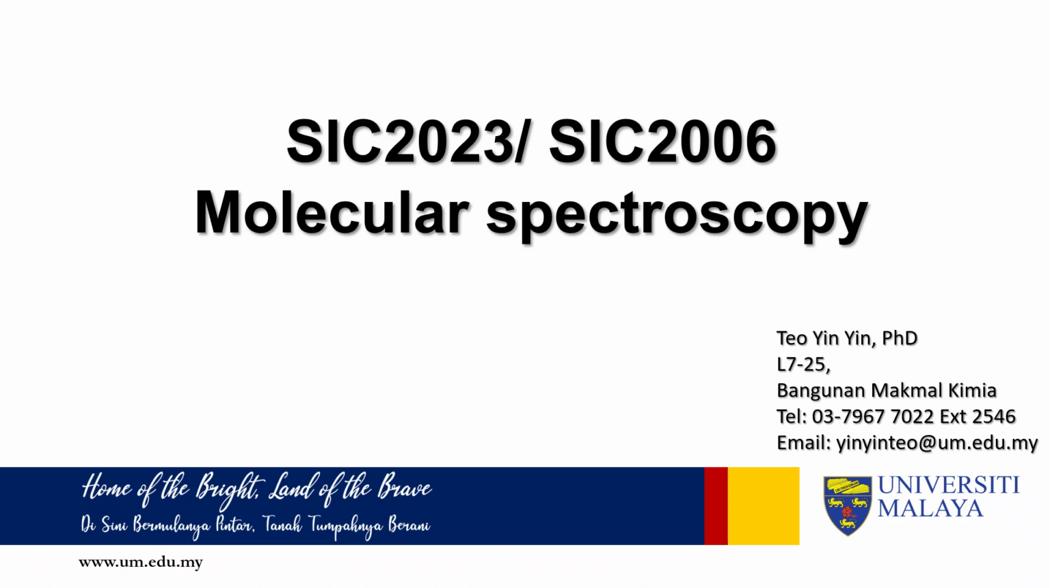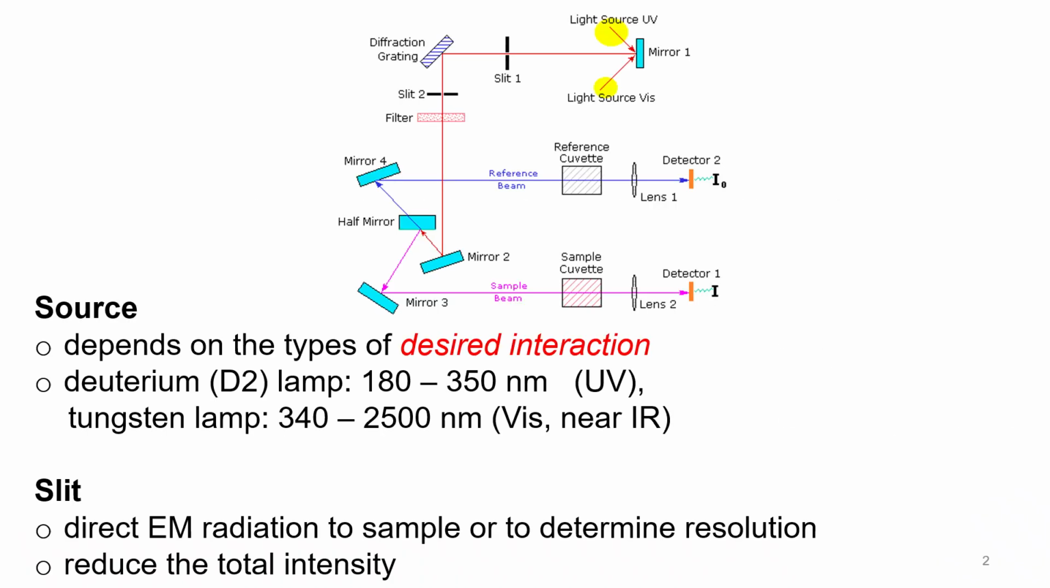Hi, today we are going to continue with the lecture which is focused on the components that are present in a spectrophotometer. So in a spectrophotometer, we have to provide the light source. There are deuterium light source, there are tungsten lamp light source. So different types of lamp will provide different regions of the electromagnetic radiations which can be directed to the